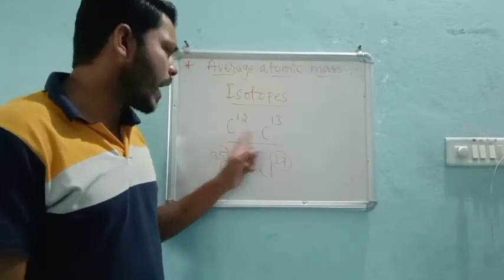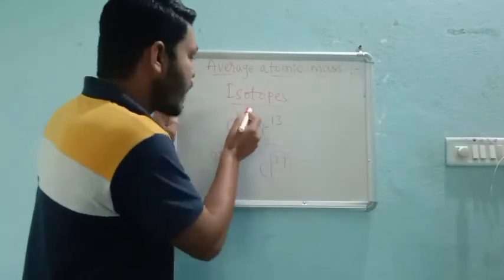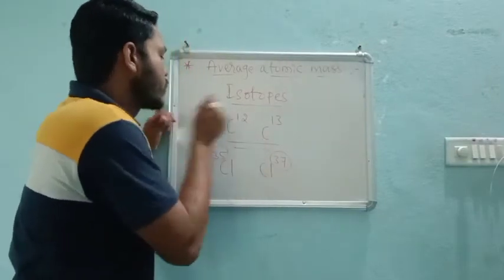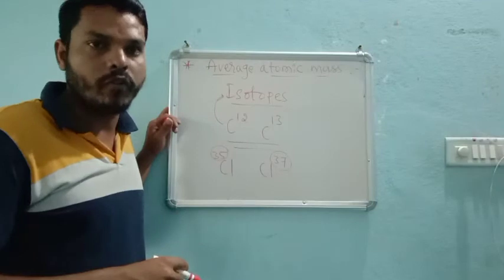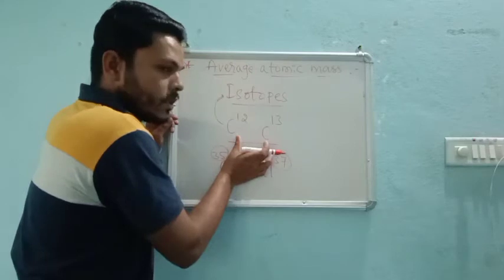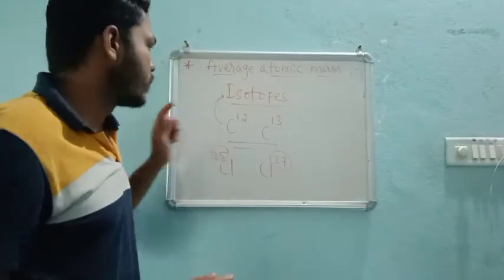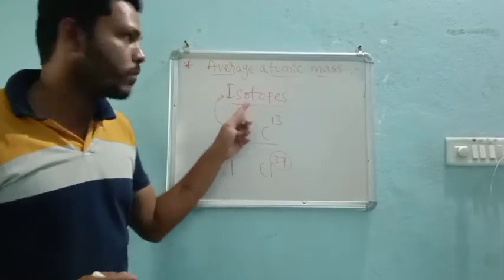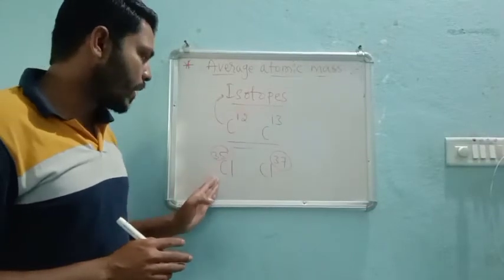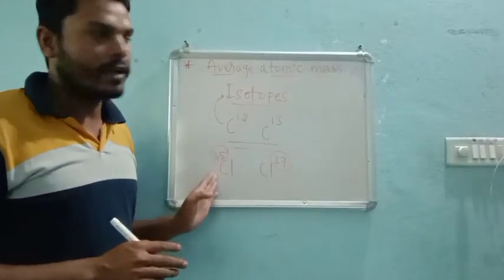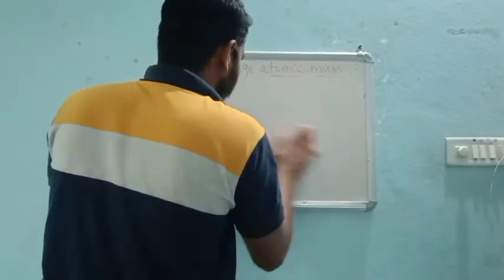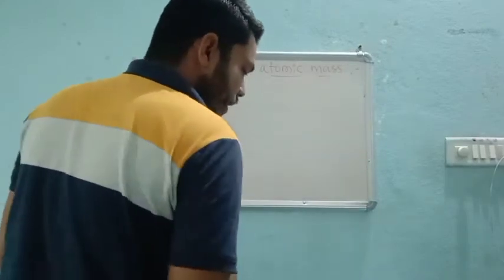What we understood is that there are a few species that can show isotopic forms. It is carbon only, but the mass number is different. If such a species exists, those are called isotopes or isotopic forms. So isotopes are nothing but the same species with different mass numbers. For these, we need to calculate an average mass. For calculation, we have one formula here.